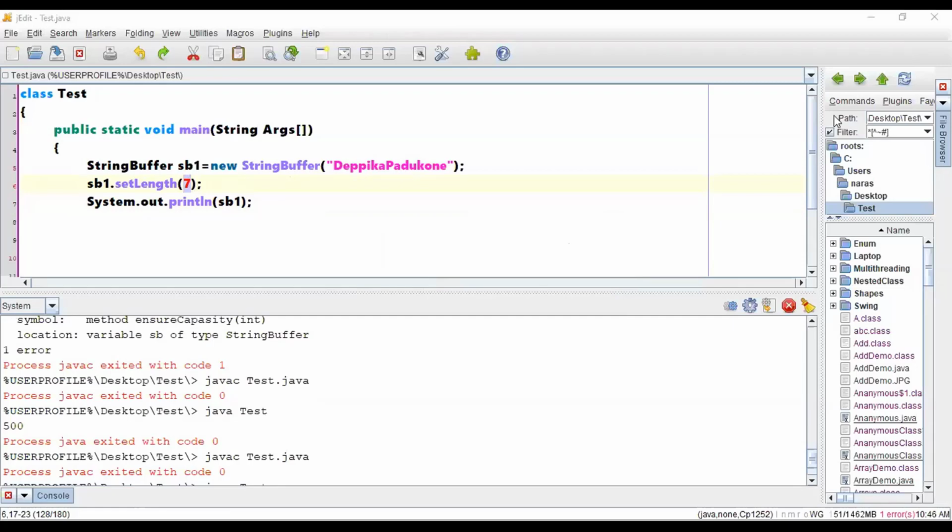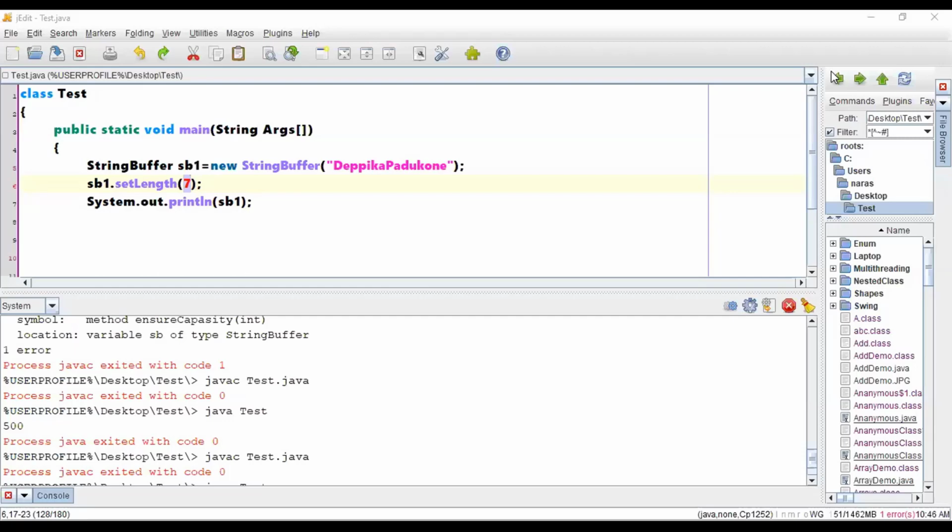Okay. So let me just summarize, and let us take a few more methods in the next class. With respect to today's session, we have discussed what a string buffer is and different constructors of a string buffer, and we have clearly discussed what the length and capacity of a string buffer are.